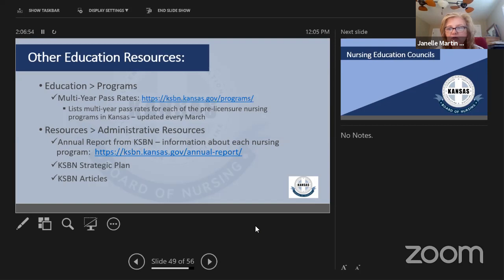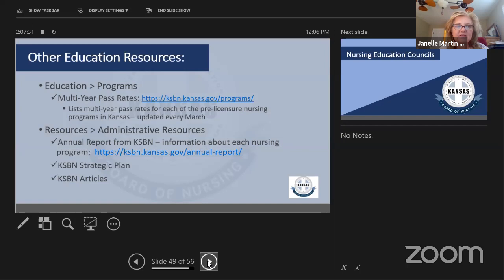Also, to let you know that our site visit guidelines that are on the website have been updated as of the September meeting. We are piloting our new site visit guidelines that include some instruction on if we need to go to a virtual visit. So that will be important for you all to know, especially if you have a site visit coming up in the next 6 to 12 months. We're always aware that virtual could become a possibility and how we might manage that.